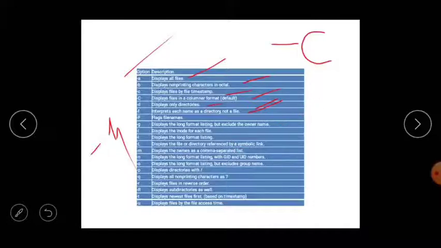Next, minus small i, display the inode for each file. Next, minus capital I, display the long format listing. Next, minus capital L, display the file or directory referred to by a symbolic link. Means with a link it's going to display. Next, minus small m, display the names as a comma separated list.